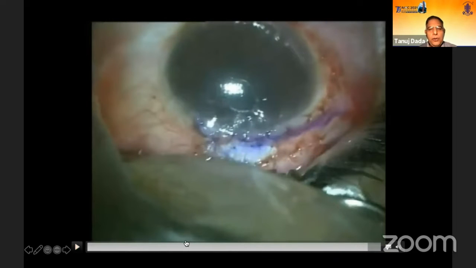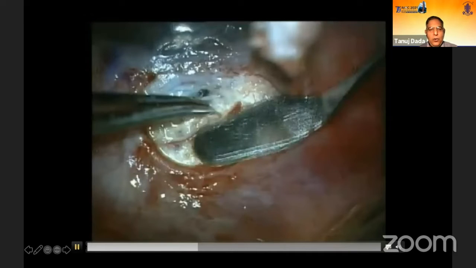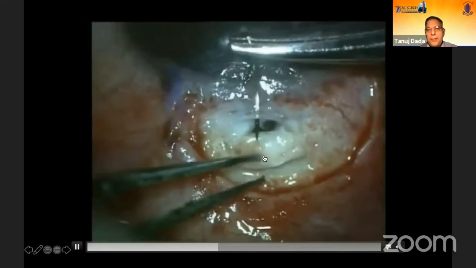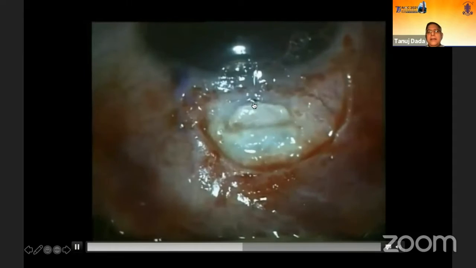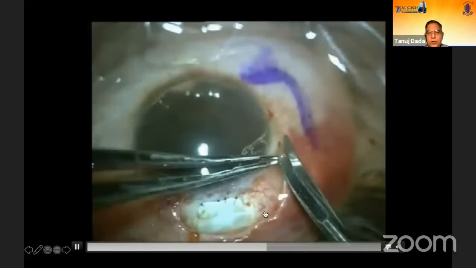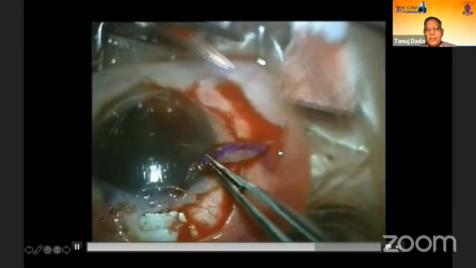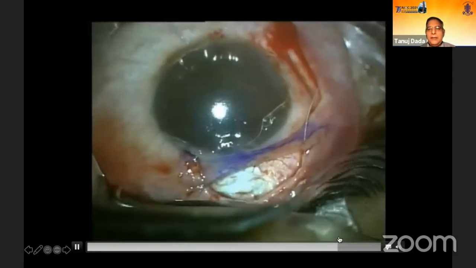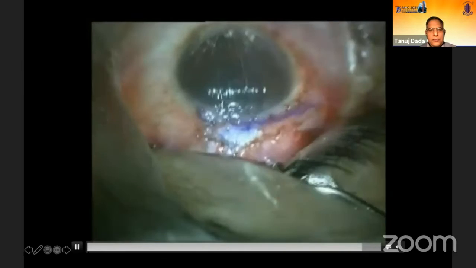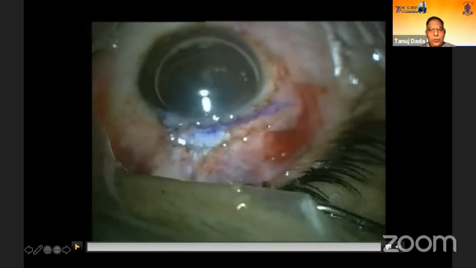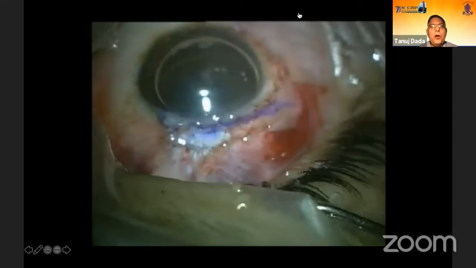So two important principles. One is closure of the ostium with a laminar scleral flap rotated anteriorly. This is Momini's repair. And closure of the conjunctival defect with a pedicle conjunctival flap from the side to overlay with healthy conjunctiva. So these are a few oops I wanted to cover in trabeculectomy surgery. I think I'll be running out of time, so I will stop here.